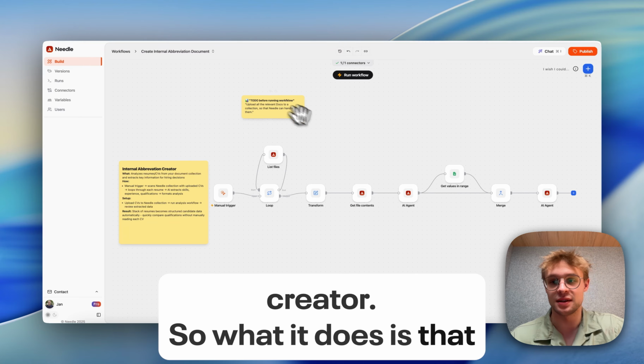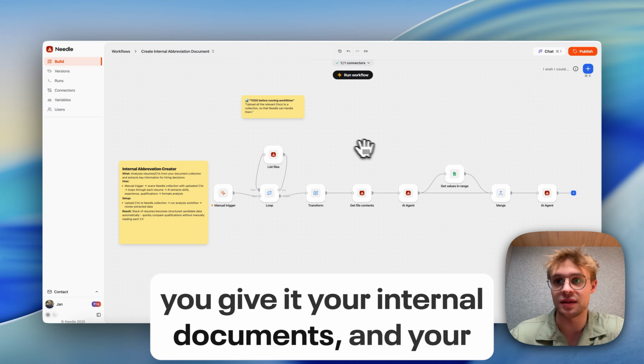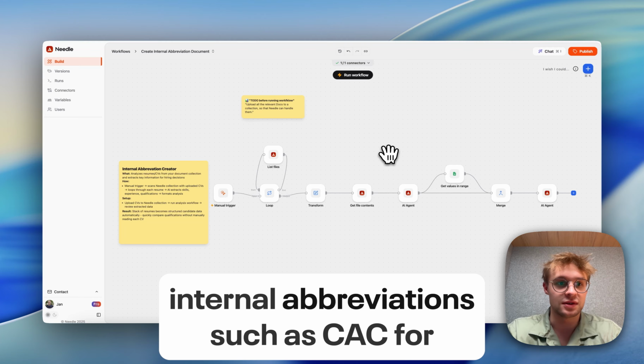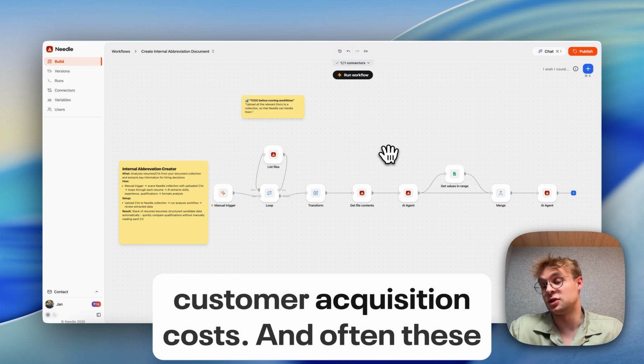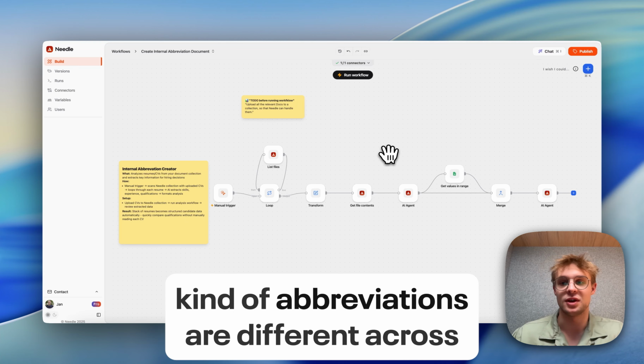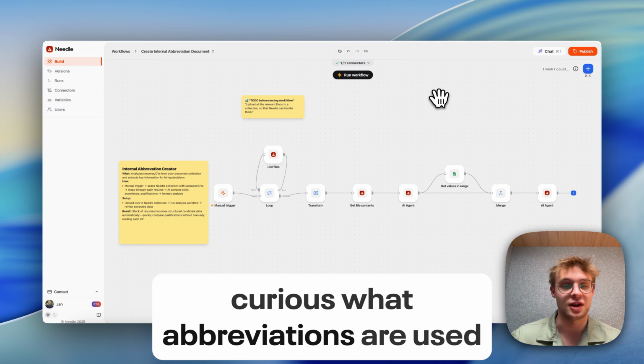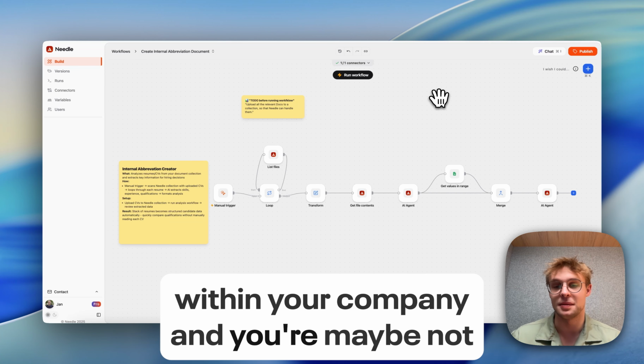So what it does is that you give it your internal documents, and your internal documents often hold somewhat internal abbreviations, such as CAC for customer acquisition costs. Often these kinds of abbreviations are different across different departments. Or you're also just curious what abbreviations are used within your company and you're maybe not even aware of